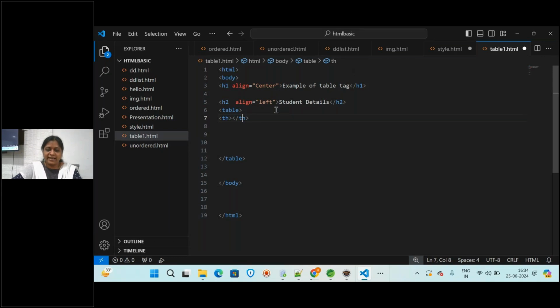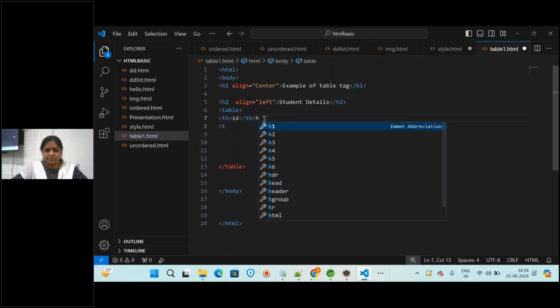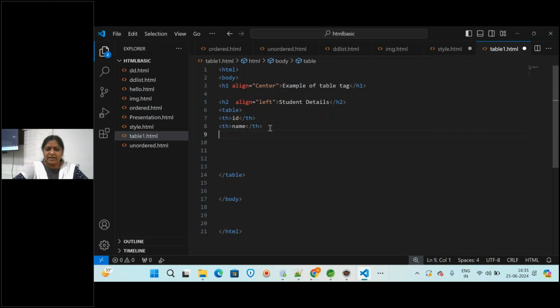In between the tags you will be writing student id, and one more heading with th. So let us create some columns, like a student will have a name, and one more th for name.